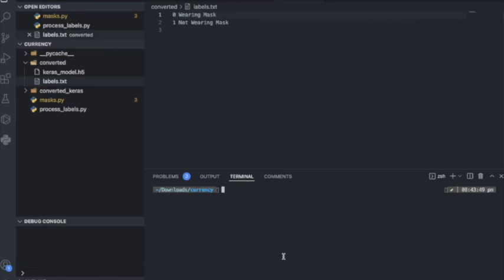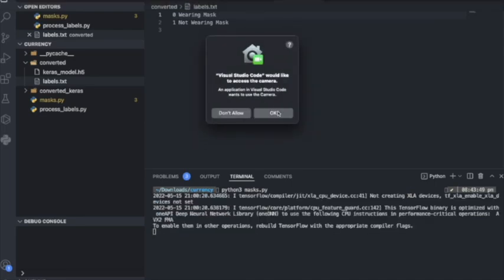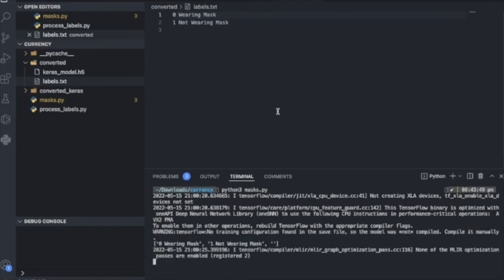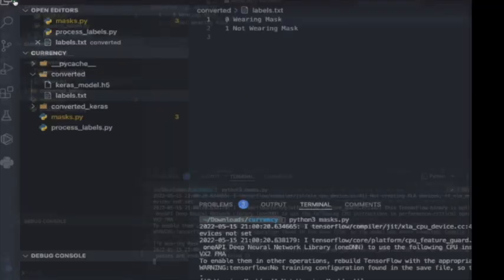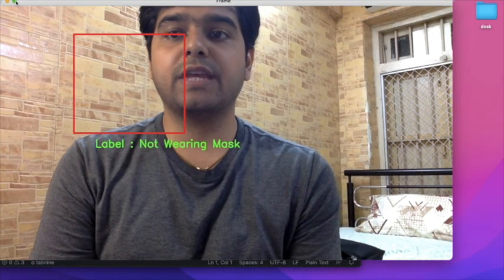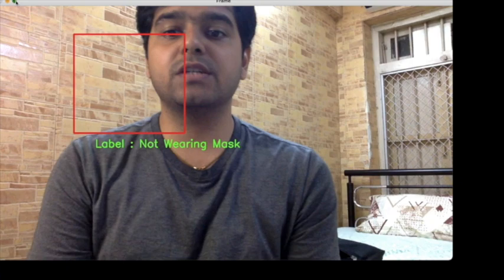So here, if I want to run this program using Python, I can just write python3 masks.py. As I run this through the terminal, it'll take a while to process, because it has TensorFlow, which is a heavy library for Python. So it'll be using that. And once it is allowed to access the video through the video capture, I'll go back and check the frame which is generated. So we can see here the frame is being generated,